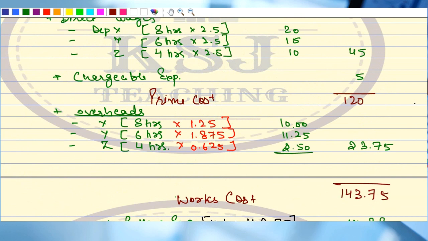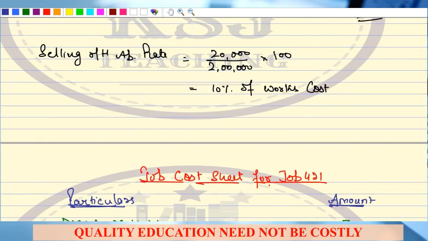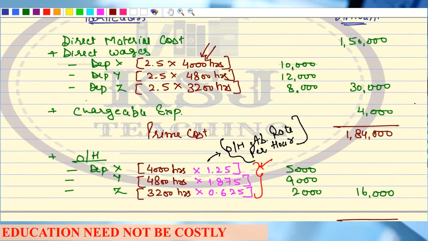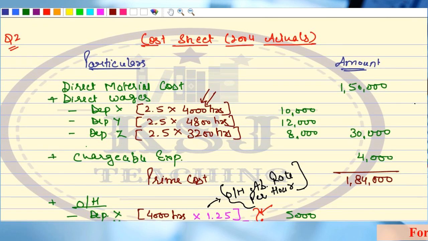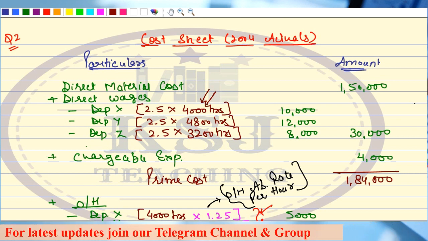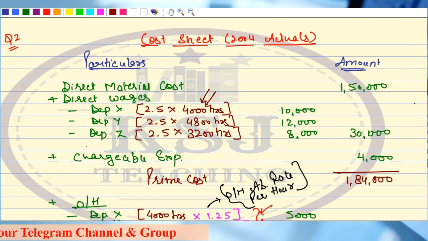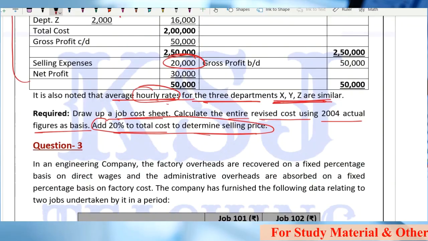Sir, these kinds of questions are very important from an examination point of view. Clear? So you should be clear with the small things, like why we have calculated the hours, why we have calculated the overhead absorption rate, right? So you should be very careful with these small things. In the very beginning, I told you that this job cost sheet seems to be very simple, but when we get into the questions, into the practical part, then there are technical things in this, right? Then you should be very careful. A very technical question can be asked. Clear? So we are done with question number 2.